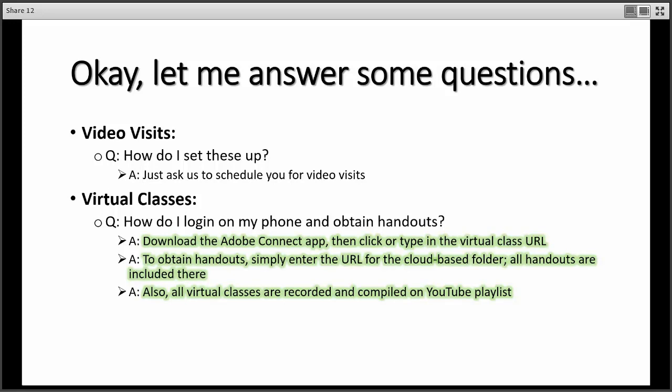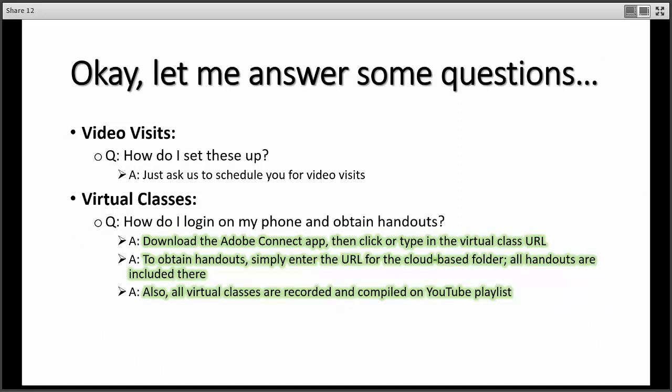You can double click and download the handout that's been uploaded into the Adobe Connect room, or you can click on that link that we have in the lobby, the first page you come to when you log in, and that takes you to a Google Drive folder that sits in the cloud and has all the handouts for all of the classes by topic. So you can access all the handouts that way.